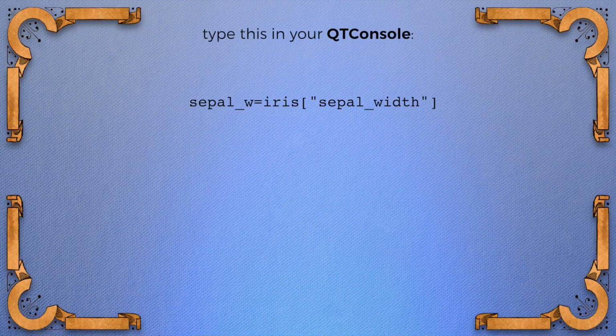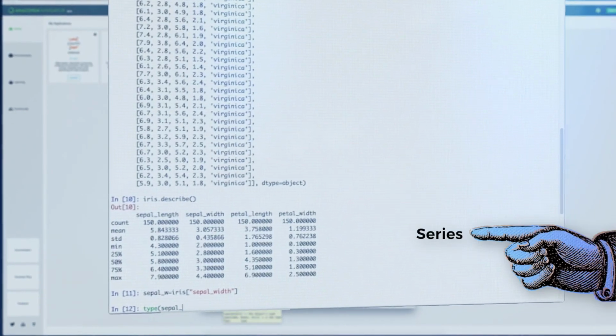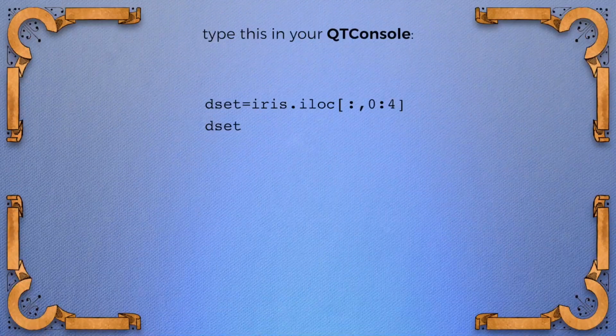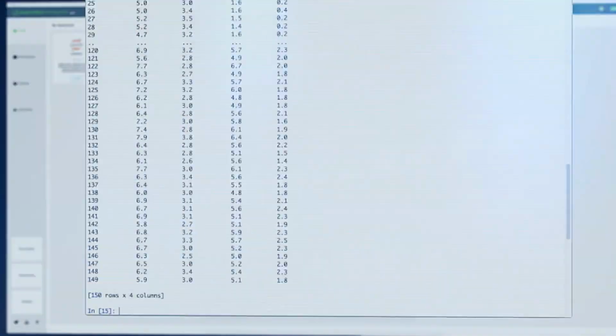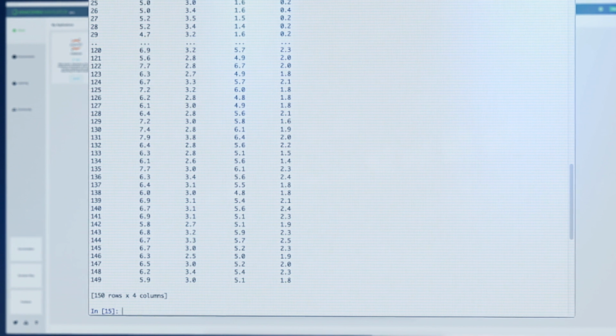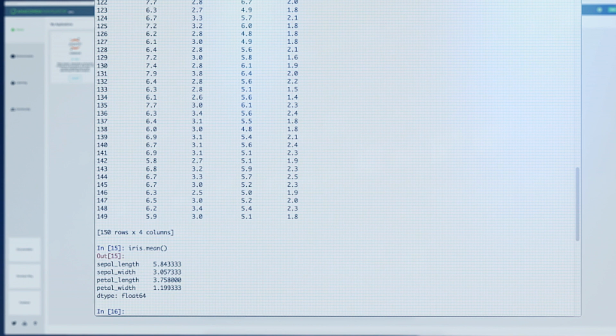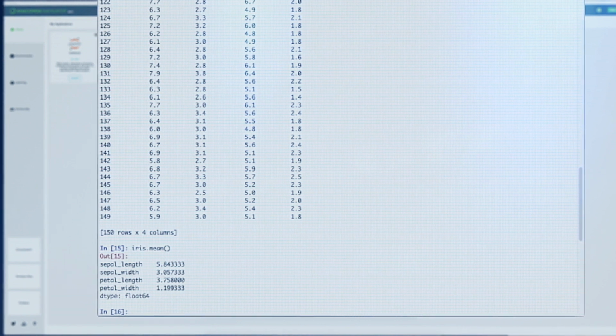To extract the column labeled sepal width, run the following. This is a pandas data type called a series. To store the rows that represent numbers into a NumPy array, use a function called iloc. Now try iris.mean(). This shows you all the results for which it makes sense, but